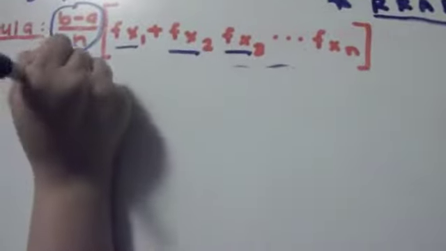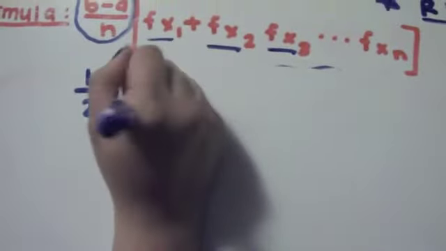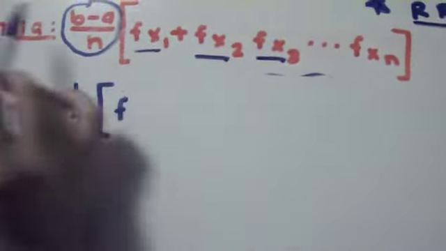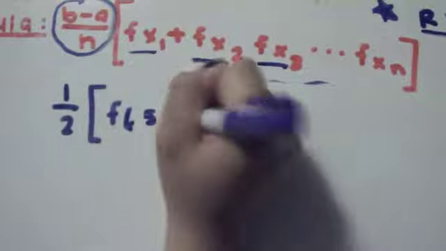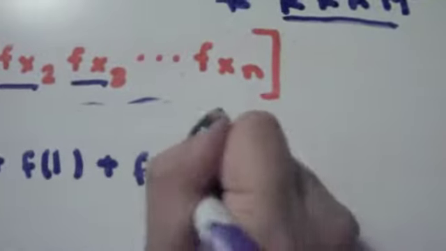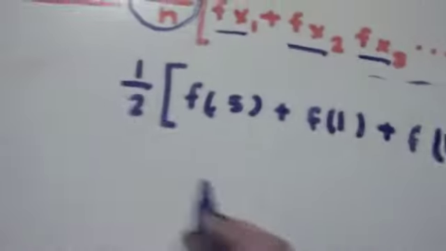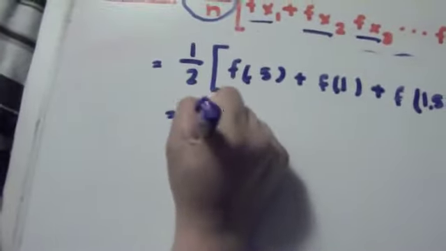Since we already found this out, we could plug it into the formula. So it's 1/2 times f of x. Our first subinterval of 1 is going to be 0.5, because that's our first point. So f of 0.5 plus f of 1, because our second point is 1, plus f of 1.5, because our third point is 1.5, plus f of 2, because that's our final point. So after you simplify this, you get 1/2 equals,